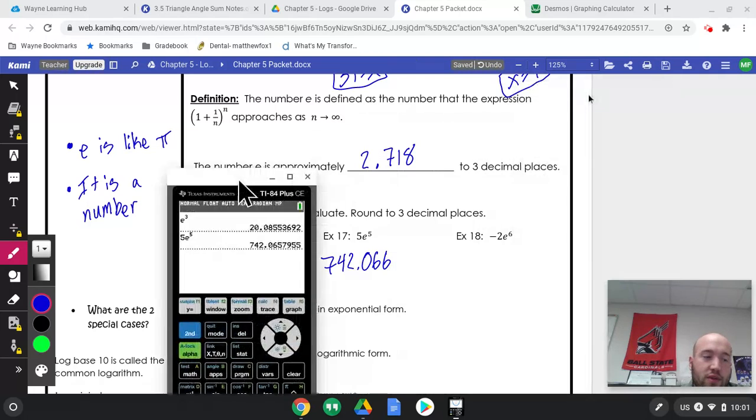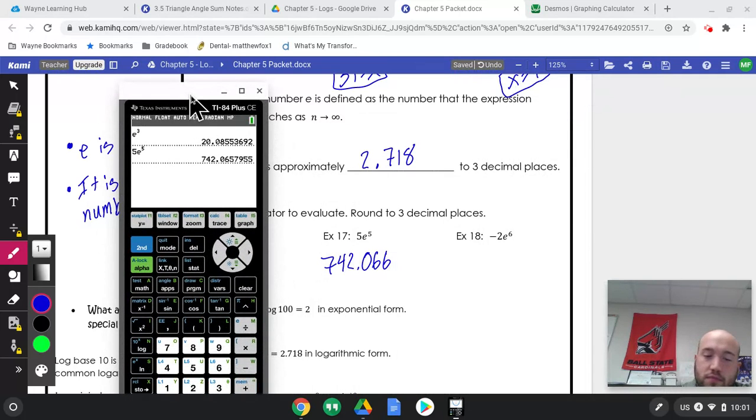And the final one over here, negative 2, and then e to the 6. So second e to the 6. And we get a negative, which makes sense because we multiplied it by a negative at the front, but negative 806 and 0.858. Okay, so if you're having trouble with the rounding, you're not sure I got those, please send